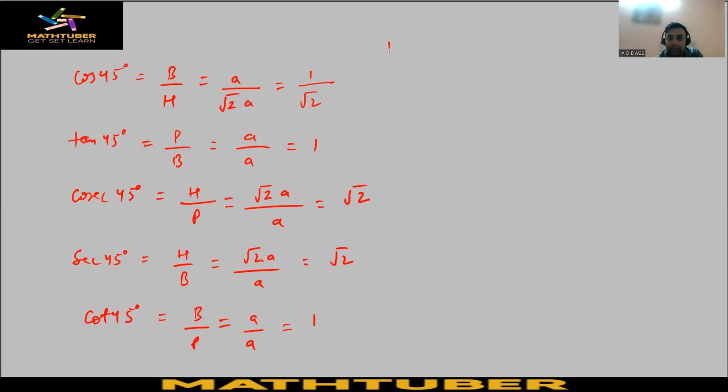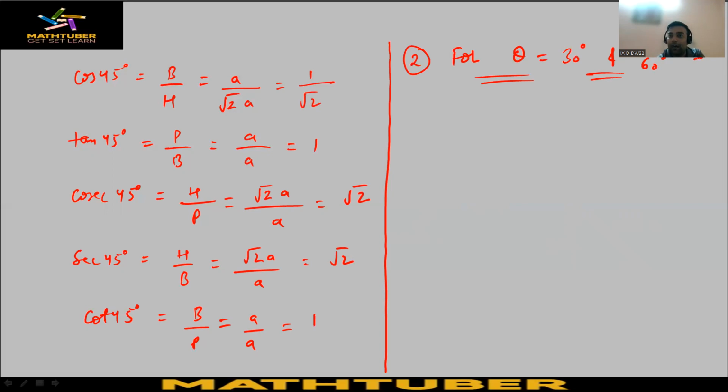Now let us move to the next one, where we can find out the values of the trigonometric ratios for 30 degree and 60 degree. So second is for theta equal to 30 degree and 60 degree. If these are the angles, then we have to consider an equilateral triangle. So here consider an equilateral triangle